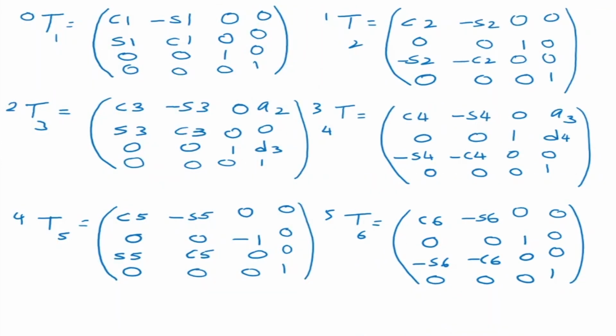So we write our matrices. This is something I had done in the last class. So we simply take the generalized transformation, which takes us from one frame to another frame, and from the DH parameter table, for each of the rows, we put into the generalized matrix, and we get the transformation from 0 to 1, 1 to 2, 2 to 3, like that up to the end. Okay, so these are giving us the individual matrices which are taking from one axis to another axis. Now what we want to find is the frame